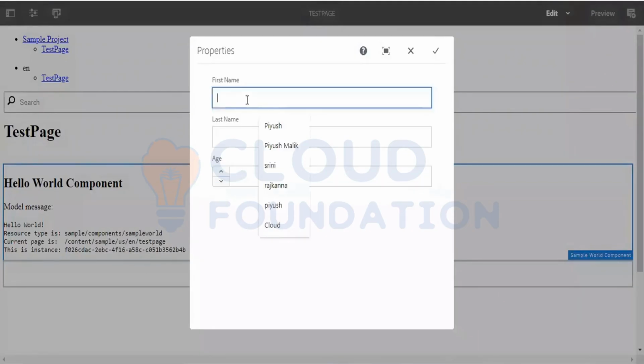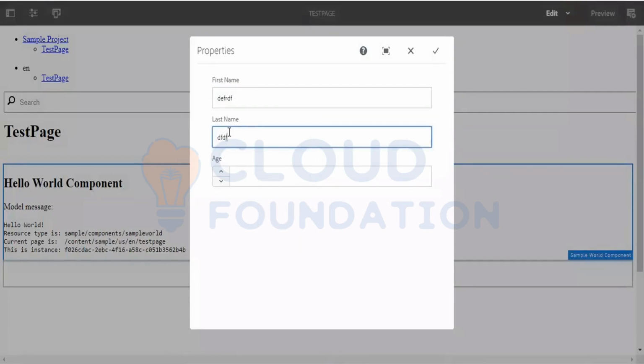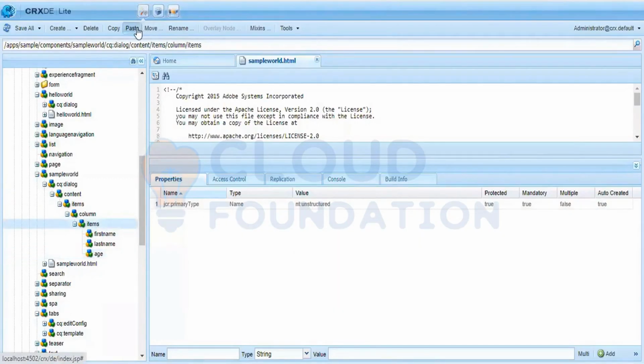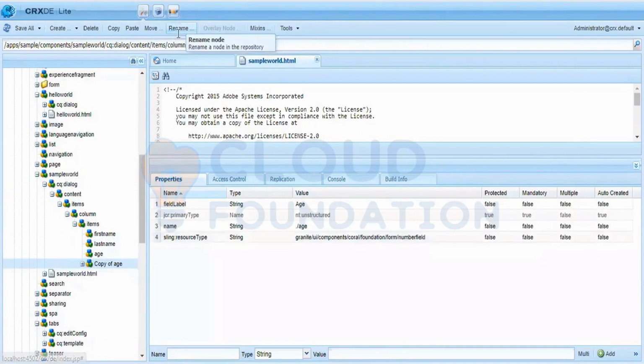In the first name, I can enter anything. In the last name also, I can enter anything. In the age, I can only enter numbers, not something like QWERTY. Along with these, let me just copy this and let's create some other field. Let me just paste it. Let's rename it to